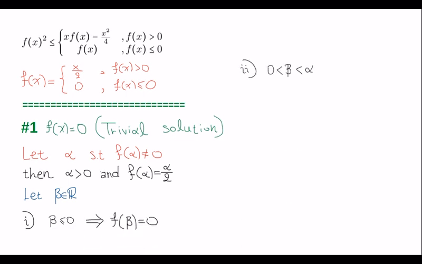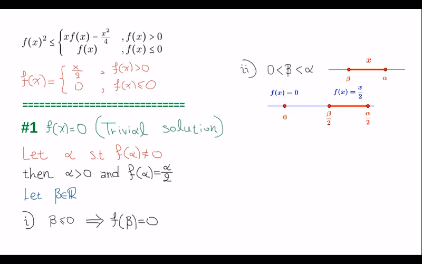Second case, if beta is between 0 and alpha, we observe from the formula that the value of f at an x belonging to the closed interval with endpoints beta and alpha either equals 0 or lies in the closed interval with endpoints beta over 2 and alpha over 2, which does not contain 0. In other words, the value of f will be located at one of the red points in the last diagram